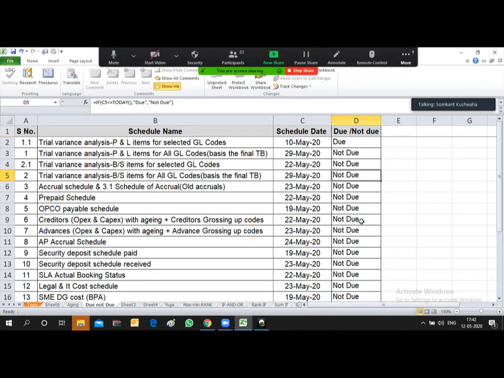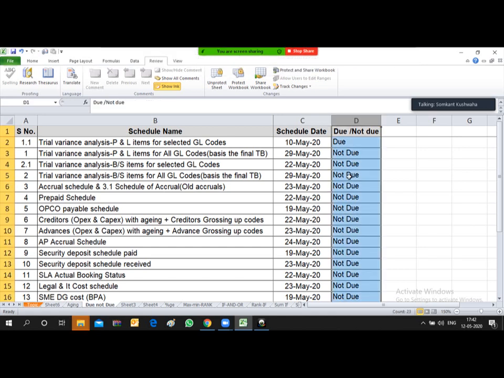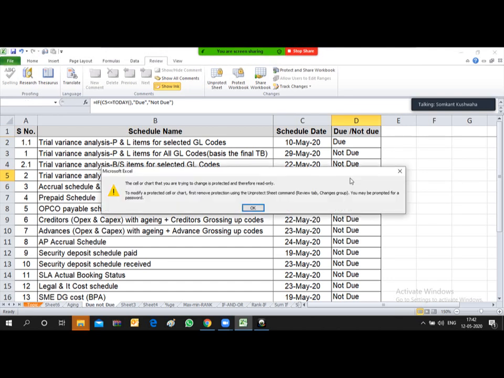If I want to change the formula or anything, the system should not allow it. Let's type something over here. As I try to type something, it is saying the cell or chart that you are trying to change is protected, and therefore read only.